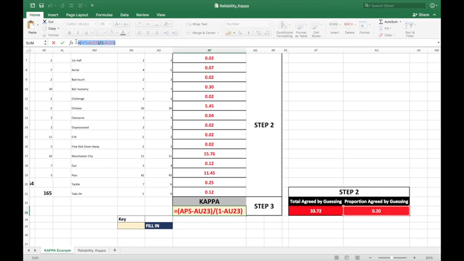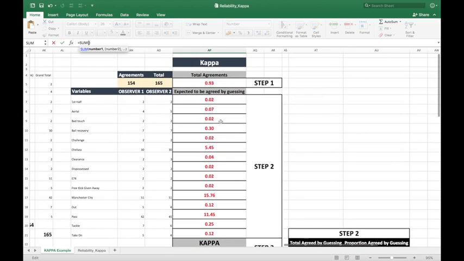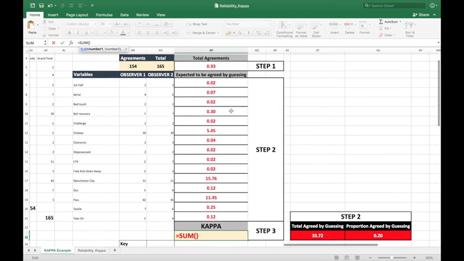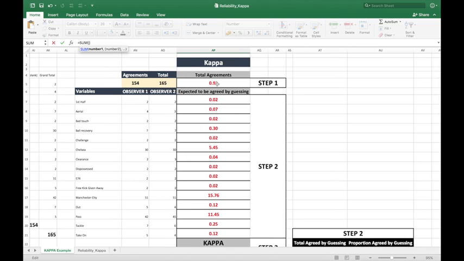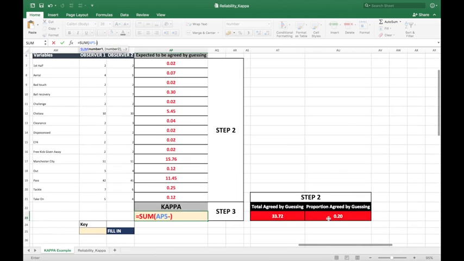So I'll get rid of it, and you just go equals sum again, click on there, and as you can see from the introductory slide to step 3, we click on here, so it's the total agreements, and that's minus the proportion agreed by guessing, and then we've got the closed brackets, and we need to divide that,